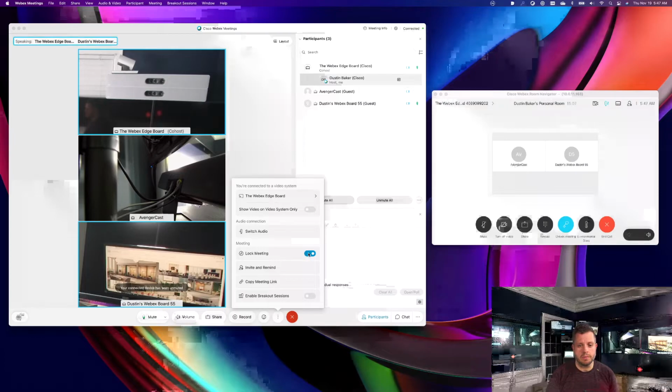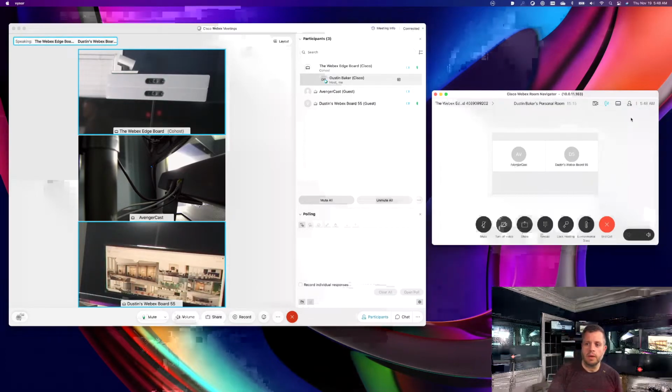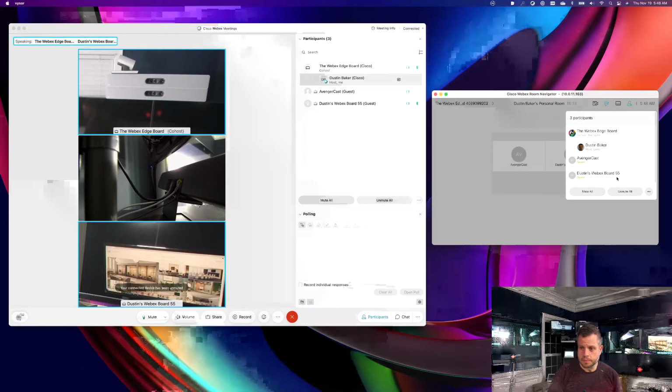This is actually locking the meeting. If I unlock the meeting, one thing you'll notice here is on the Touch 10, or the navigator in this case, it has unlocked the meeting. Another really cool feature about this is now not only do I have my participants list, but I have the ability now to do things like mute all and unmute all. So if I hit mute all,